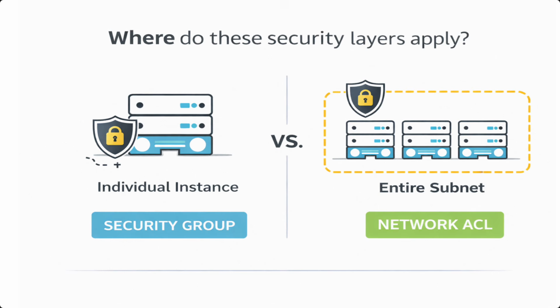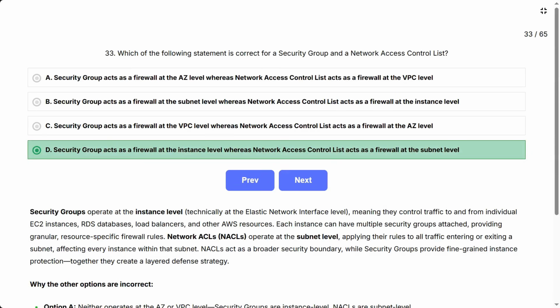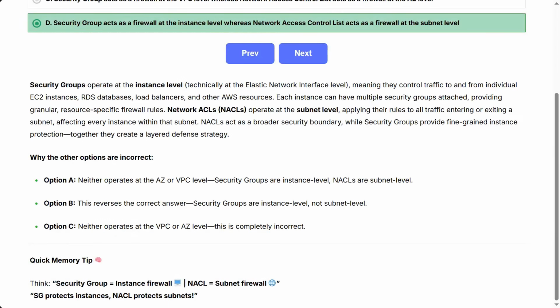Think of it as, where does each security layer apply? At the individual instance or at the entire subnet? The correct answer is D. Security group acts as a firewall at the instance level, whereas network access control list acts as a firewall at the subnet level. Security groups operate at the instance level, technically at the elastic network interface level, meaning they control